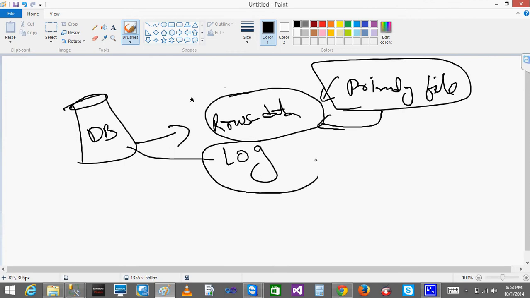Then what is the use of log? Log is kind of the same thing, like your system has RAM, right? Whenever you enter the data into that table, first that entry is made into the log and then it is made into the table. So log is nothing but it will track. If you make any changes to the database, those entries will be made in the log. It will just track your data.